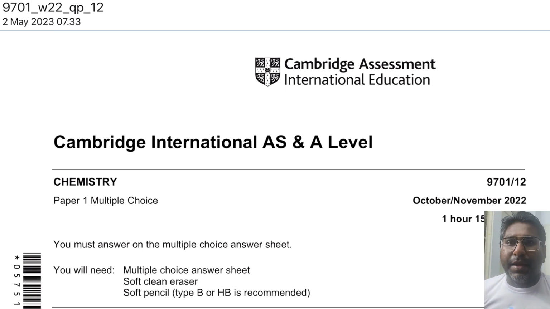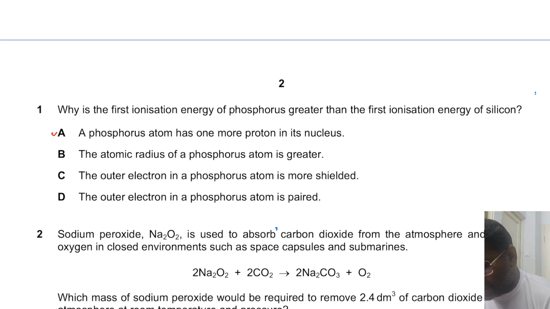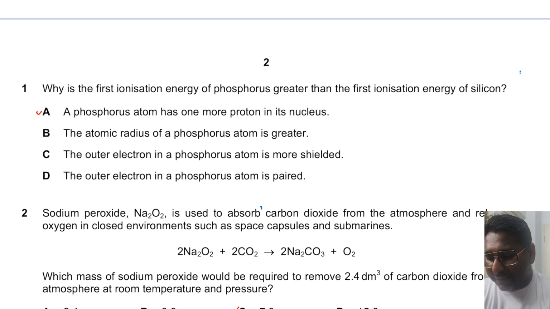Let's look at this paper. Okay, paper 1, from variant 1-2, which is going to be October, November 2022. So the first question is, why is the first ionization energy of phosphorus greater than the first ionization energy